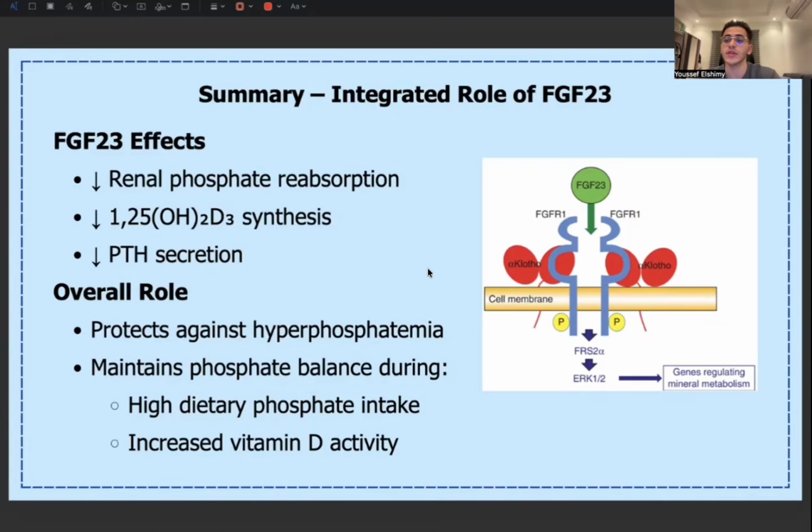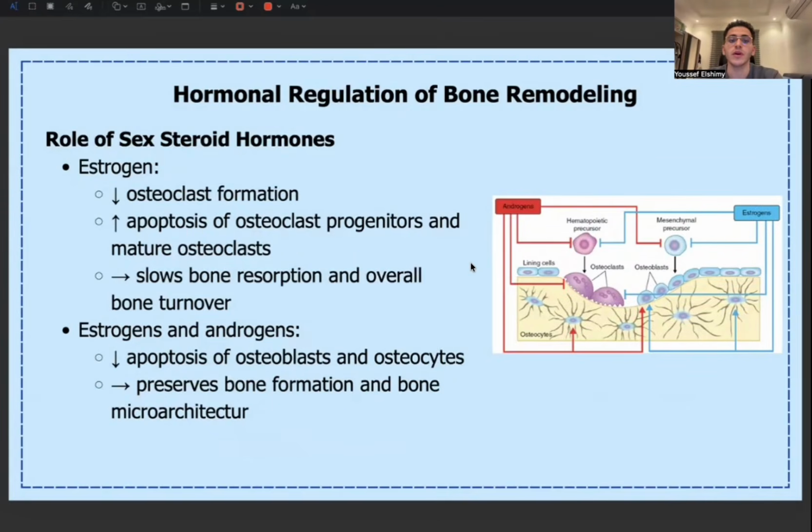Also, whenever there is an increased vitamin D activity, FGF23 is like a brake. It stops the vitamin D activity, it counteracts it. And just to know, this is the FGF23, this is the FGFR receptor, along with the klotho, which is the essential co-receptor. Okay, so we have other hormones that play a role in bone remodeling, especially the sex steroid hormones,